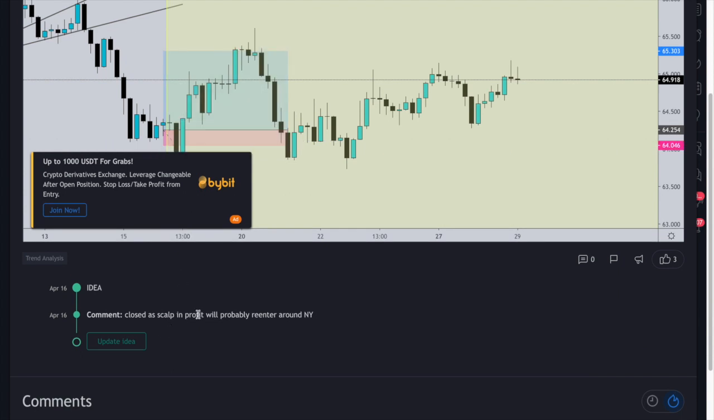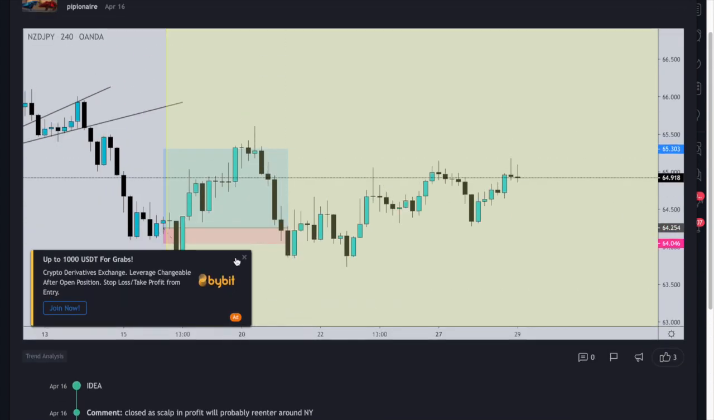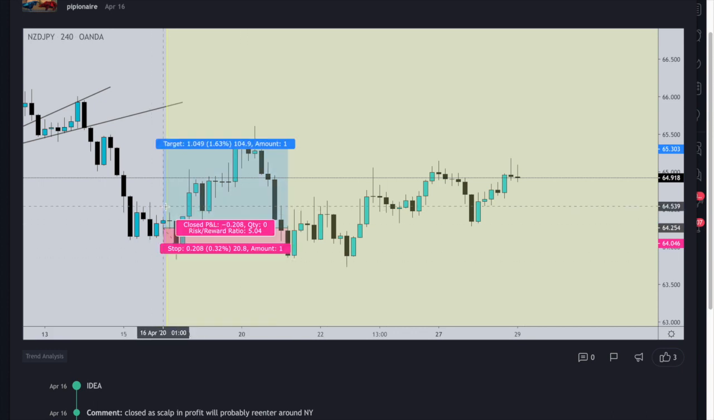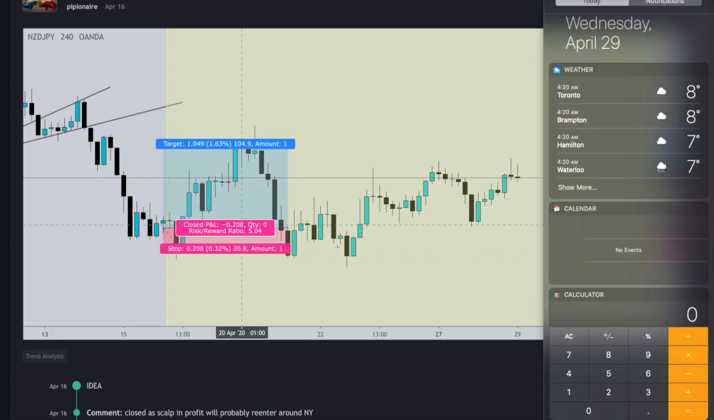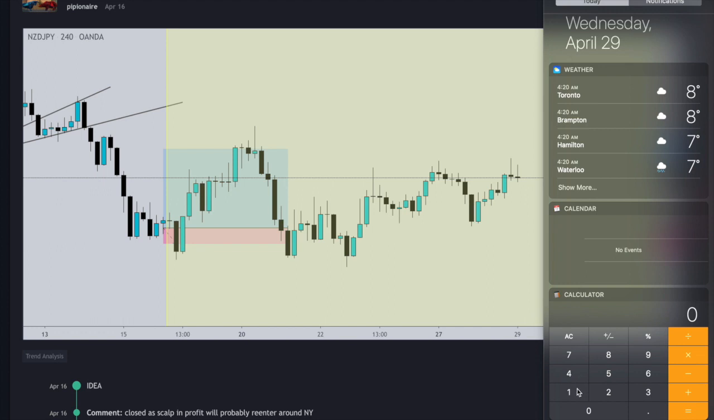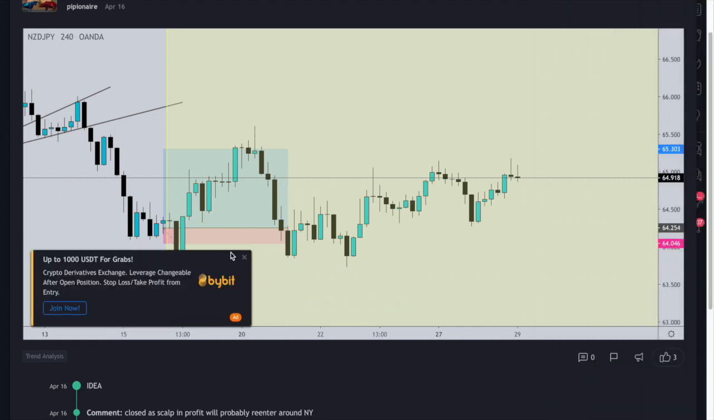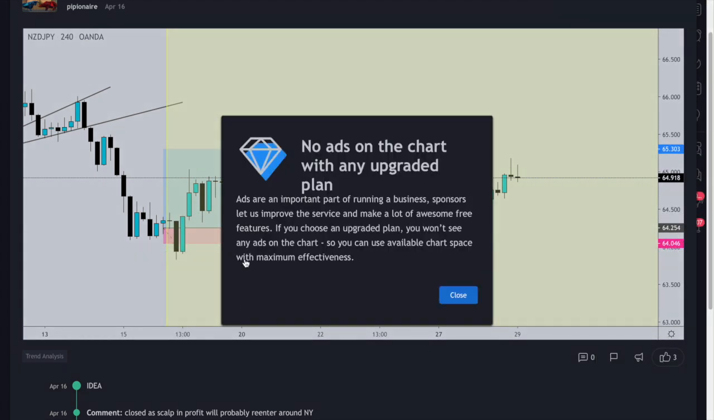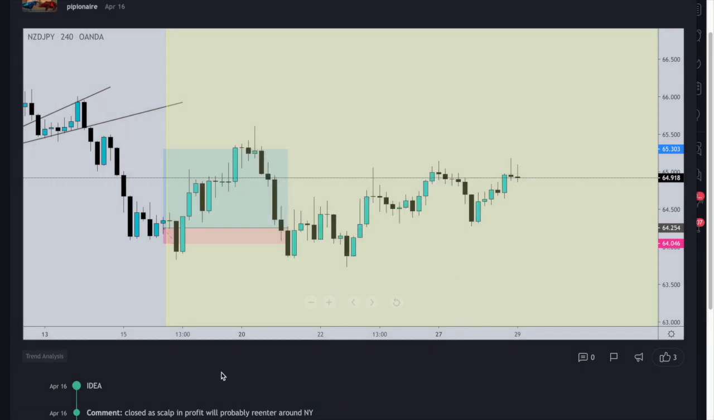Yeah, close as scalp and profit. Will probably enter around New York. So yeah, we close it as scalp and profit. I'm gonna follow what actually happened. So we're at 16.5, right? So yeah, I'm gonna say we left it as a break even trade, just because of what I said that